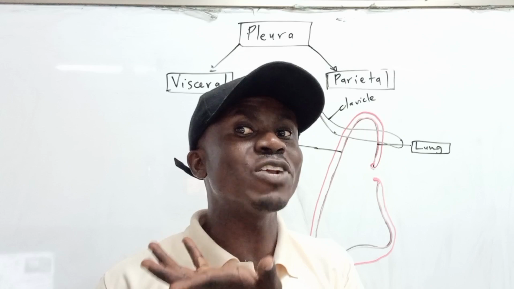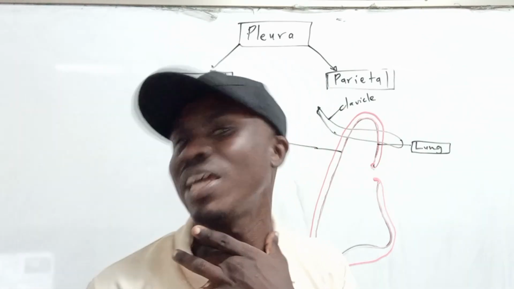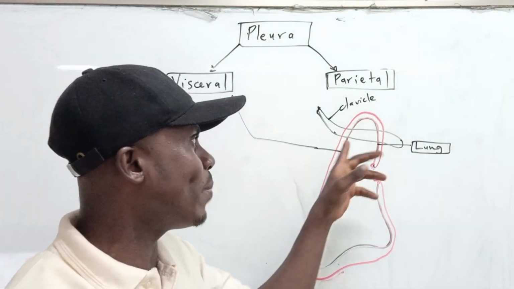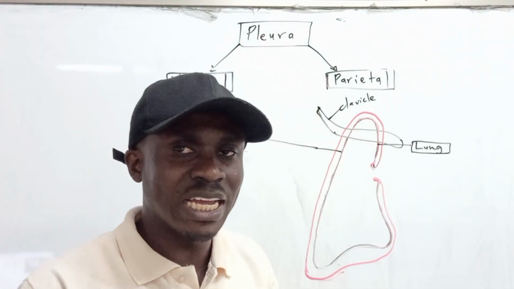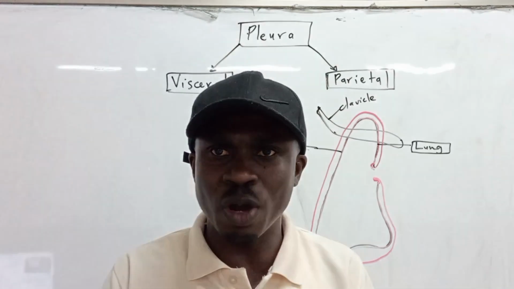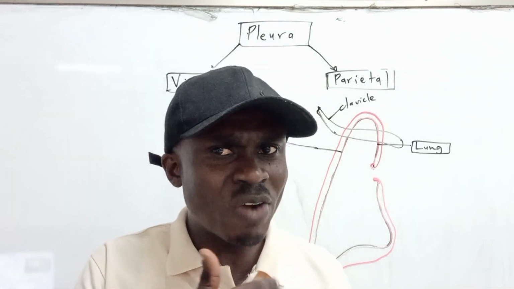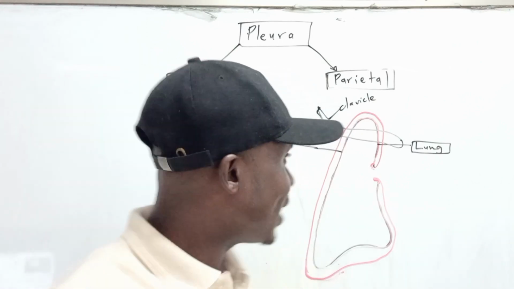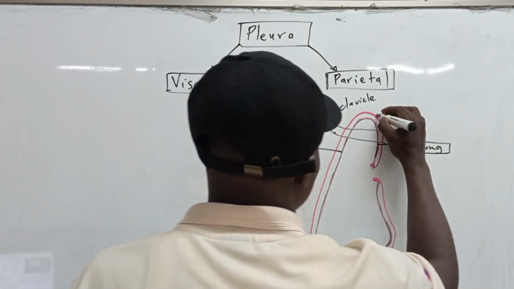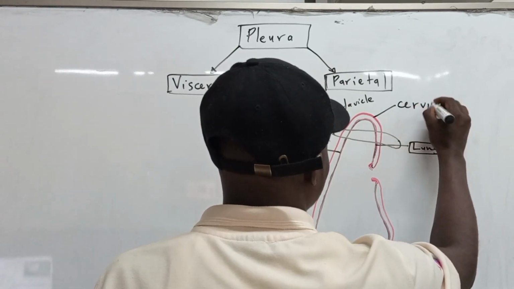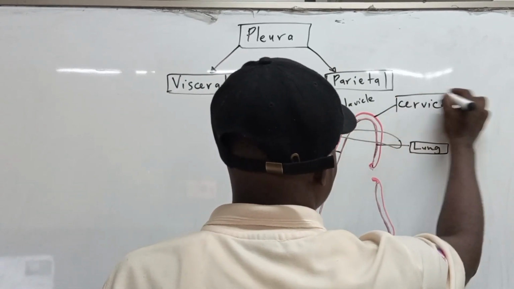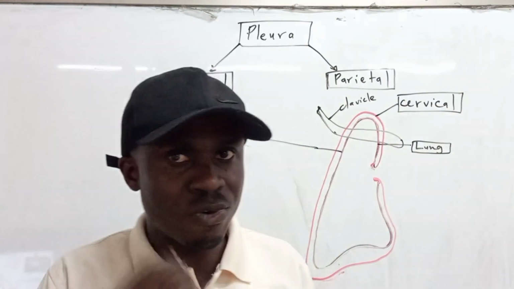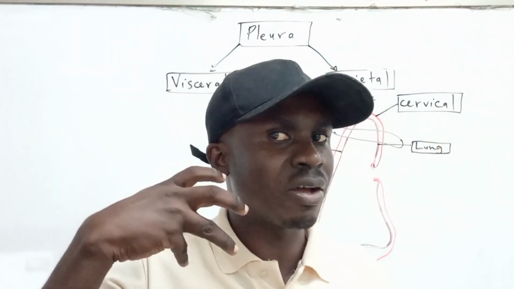Now, if I go cranial to the clavicle, I'm going to the root of the neck. So that portion of the lung which is above this clavicle, very close to the root of the neck. And whenever we talk about neck, we know another word for neck, which is an adjective which describes the neck, is cervical. And that is why this portion will be called cervical pleura. Cervical pleura. Whenever we talk about cervical pleura, we are talking about that portion which is above the clavicle,